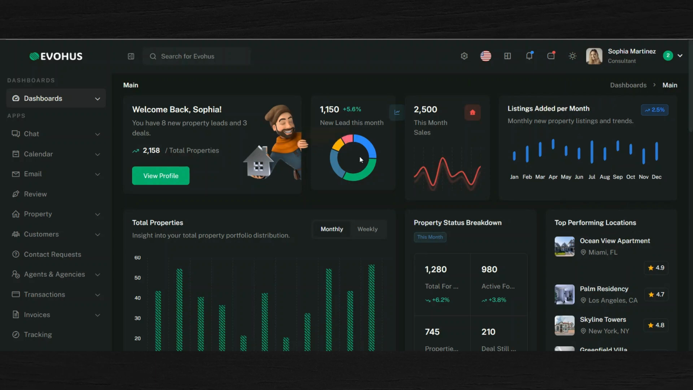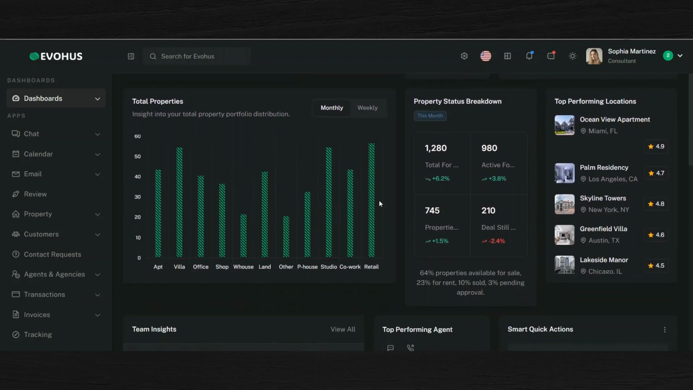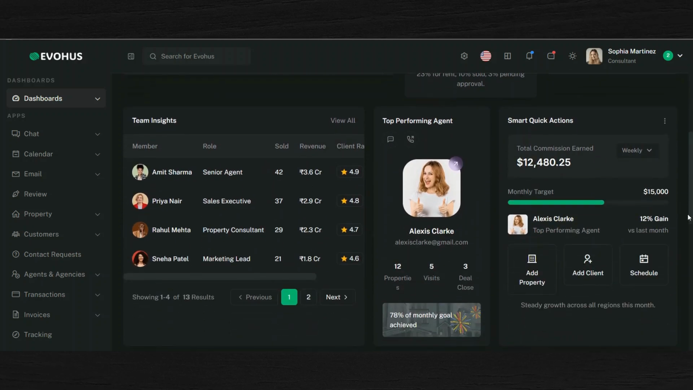See the beautiful content section. See, these are beautiful charts. See, that's great. Beautiful charts, property status breakdown, top performing locations, and team insights, top performing agent, smart quick action,